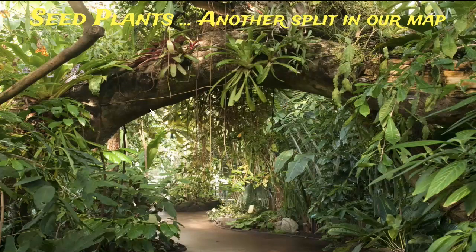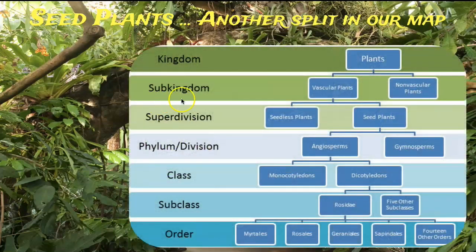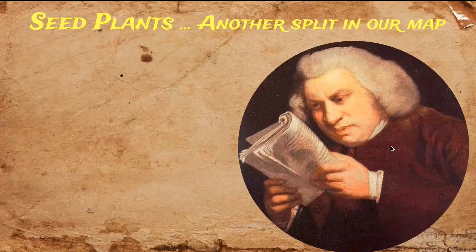All right. And of course, just like we had our division, we said vascular plants were all the plants. We're going to have another split when we talk about the seed plants. And so as you can see here, the rest of the time we're going to be talking about these seed plants, which again are going to be divided. This is where we're finally getting to our main divisions. And again, there are other divisions for seedless plants. We're just not going to be talking about them here. We're going to be talking about the seed plants from now on. So we have our angiosperms and our gymnosperms.